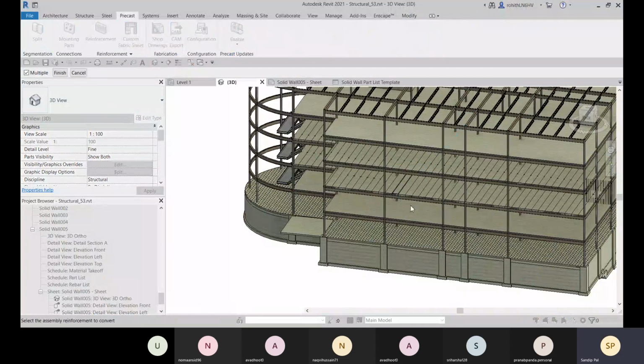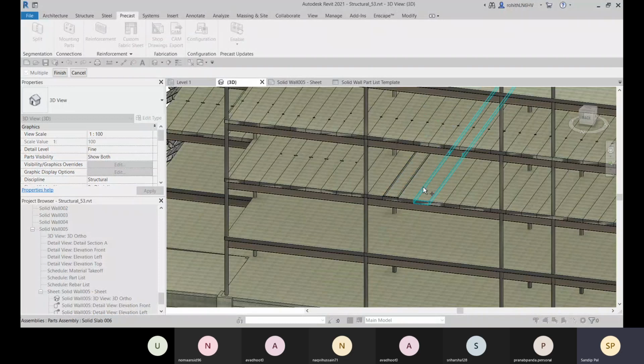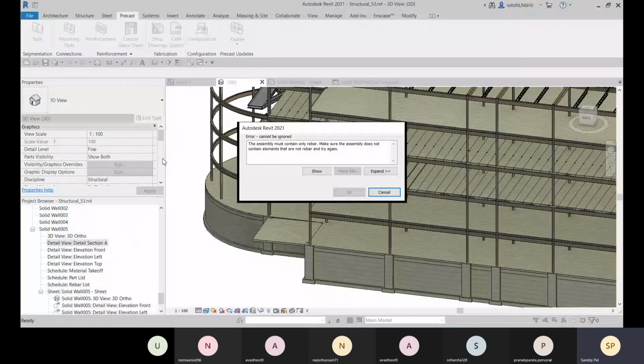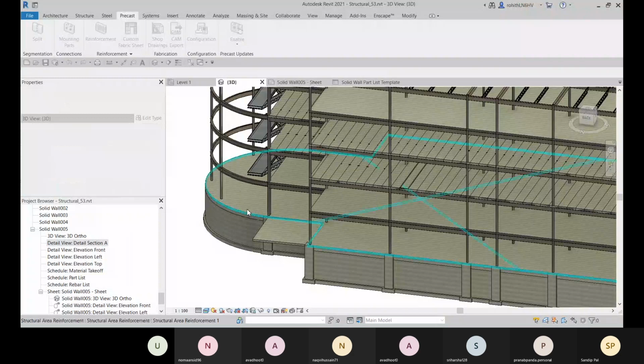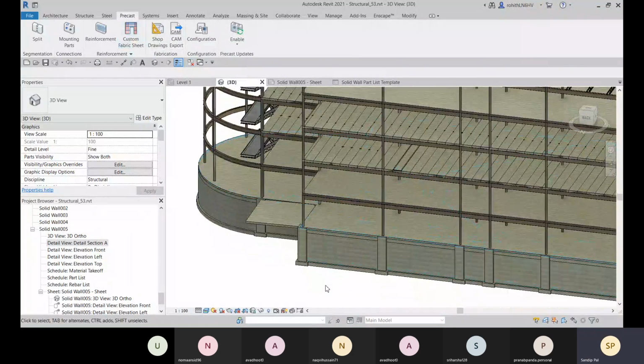Now let me go for custom fabric sheet. This one is selected. Now let me go for finish. About this custom fabric sheet, I will show you in the next class.